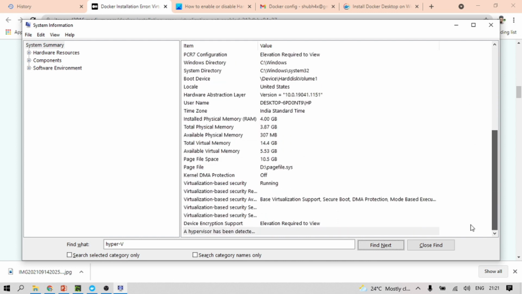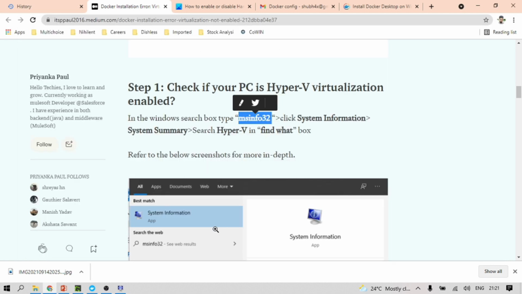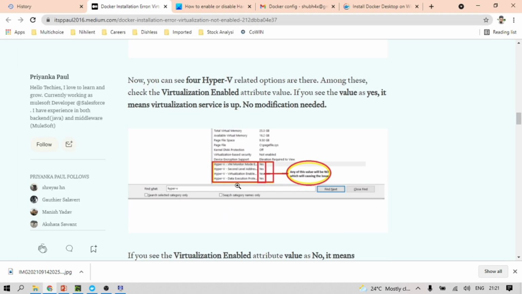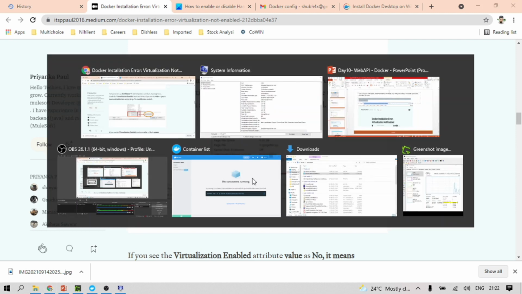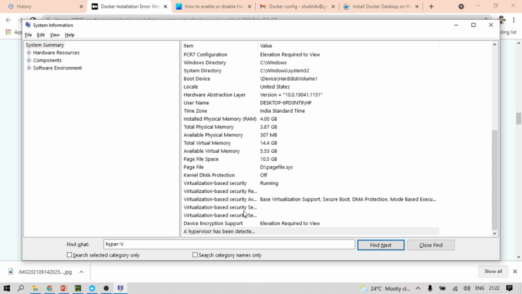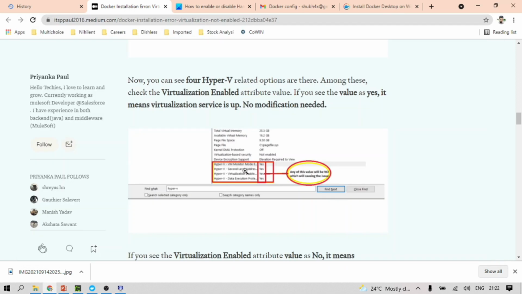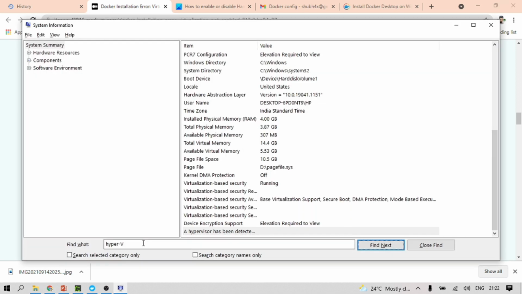Last time when I opened it, I saw all the configuration which has been mentioned in this screenshot. So I think I have already enabled virtualization, and that's why things are coming differently. Otherwise, the same output was coming when I searched for Hyper-V.